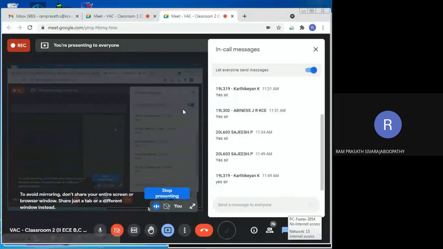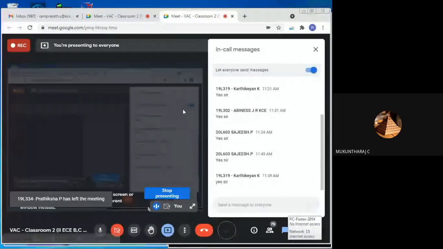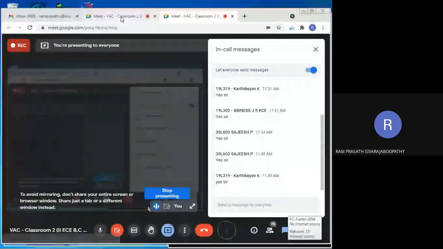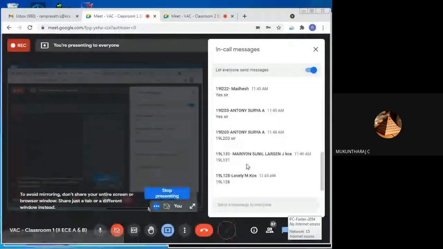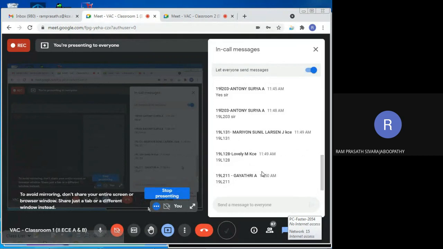Then you simply run the program and show the output. That's enough for us. We are not expecting much. At least this portion you can do. Anybody else? Yes, Gayatri is willing to take it.